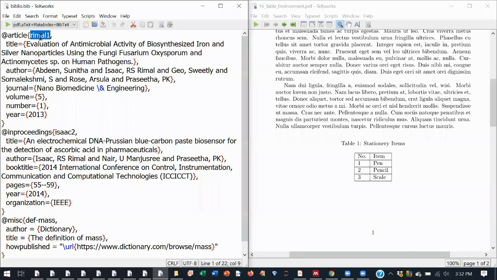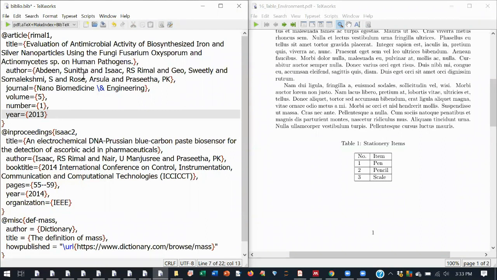So in that article you have a title. You have to make sure the at sign will be there: at the rate article, open bracket. This open bracket will be ended here. Then you will have this reference, that is the labeling part. Then add a comma. This is very much important. Then on the next line you can add title equal to, open bracket, close bracket. Each line will end with a comma, but the last line will not have a comma. Keep in mind, if you add a comma there, your document will not compile.